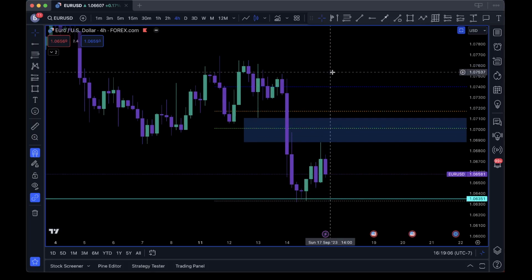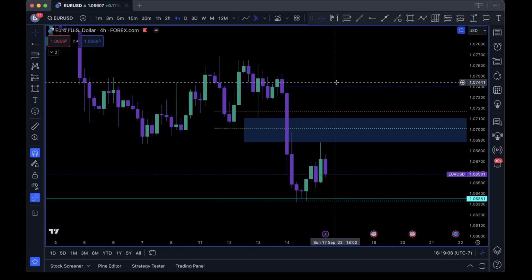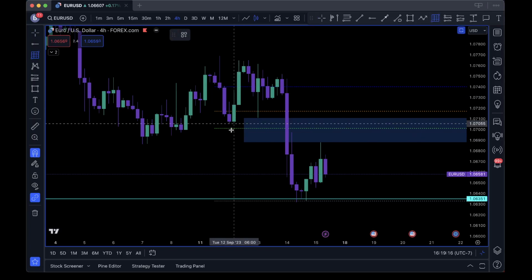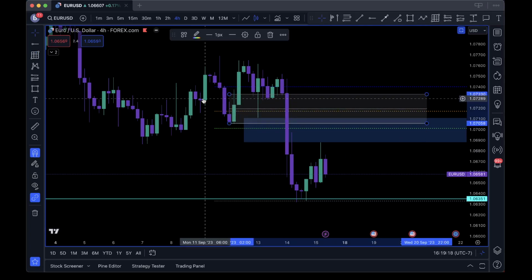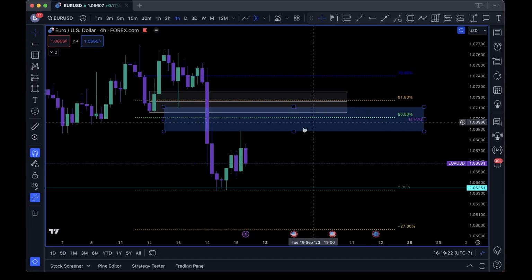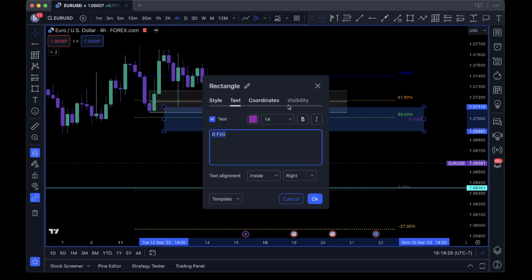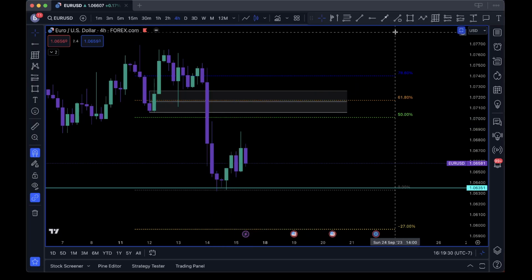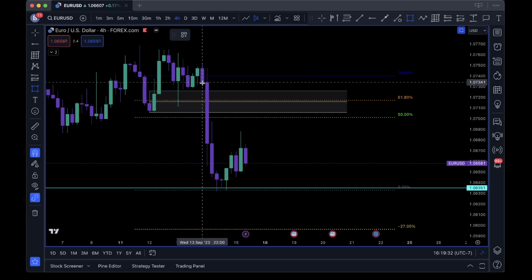So here we go, guys. So I pointed out that larger breaker block on the daily time frame. Here's the one I'd actually be interested in on the 4 hour. And what I like about this is that it lines up with our OTE 61.8. This 4 hour, so let me get rid of this daily FVG. Let me only make it visible on the daily, right? Let's just clean this up. We also have this 4 hour fair value gap right here.